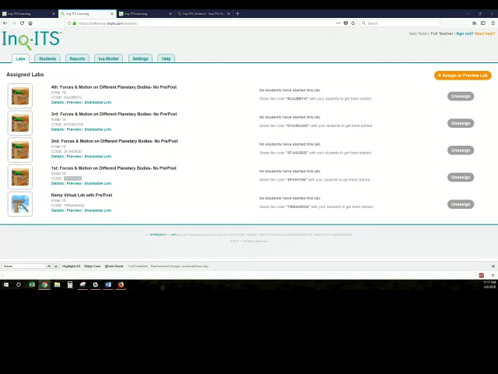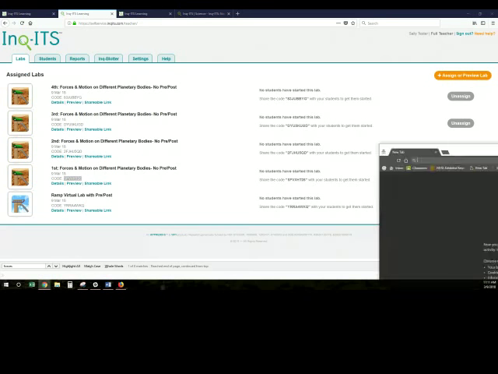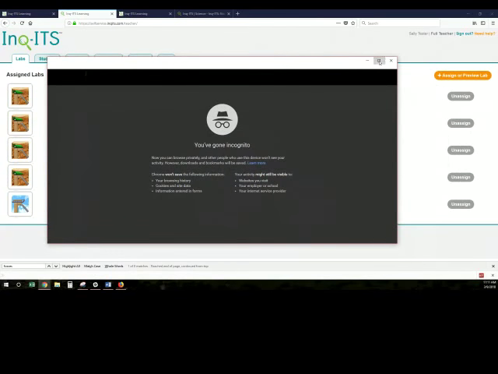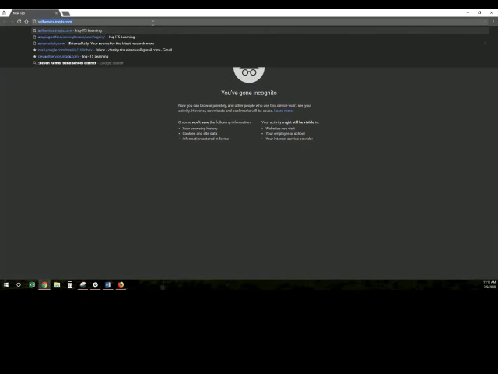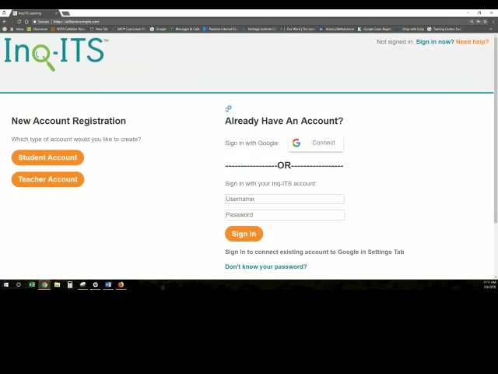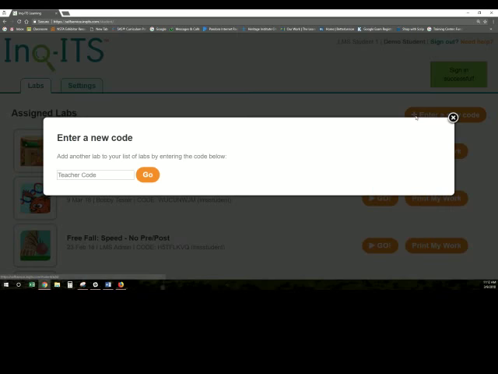So I'm going to go ahead and switch over to a different window so that I can show you. You have your students, and if you use some sort of LMS, it's obviously a bit easier. So I'm going to have my students connect. They would create an account over here. They can connect with Google Classroom, making that even easier. My students will log in. They're going to enter their code,